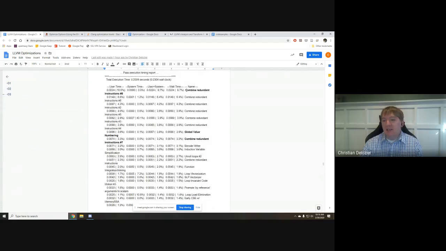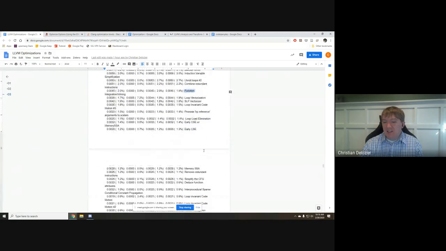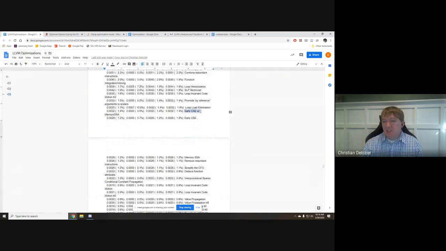you can see it starts off combining redundant instructions. It does global value numbering. It combines redundant instructions again. It unrolls loops, and then it combines redundant instructions. It inlines functions, and then it does common sub-expression elimination. So it basically redoes a lot of these optimizations over and over again,